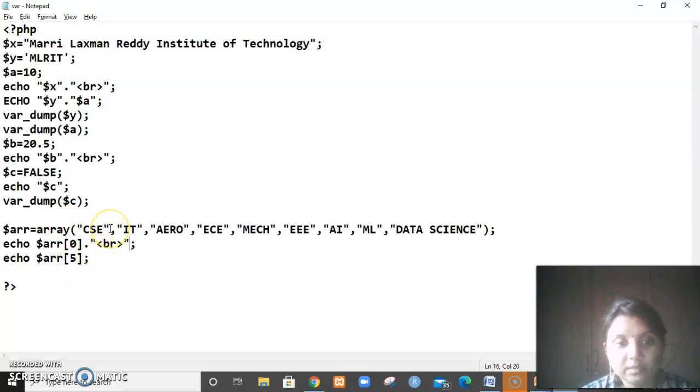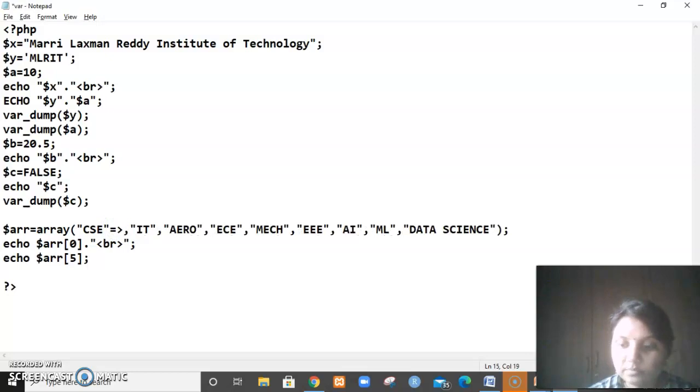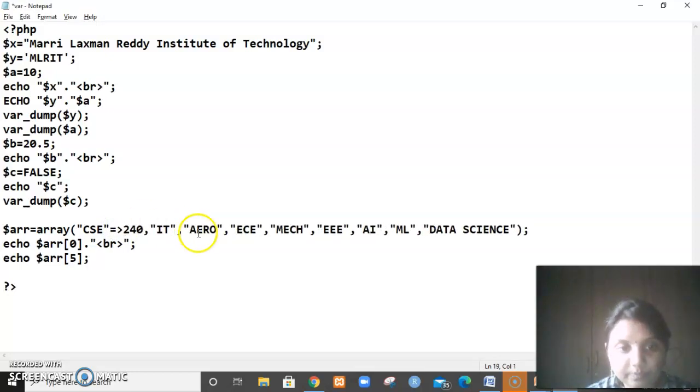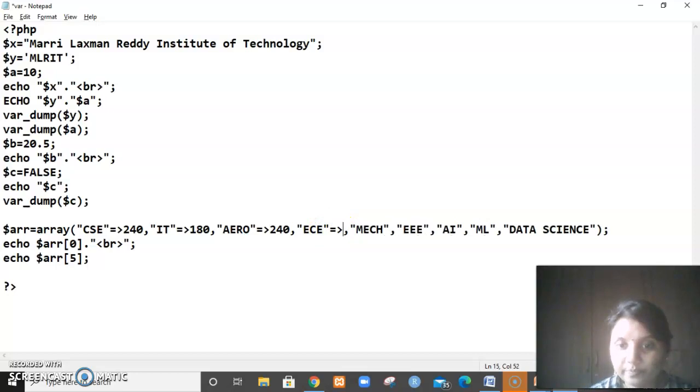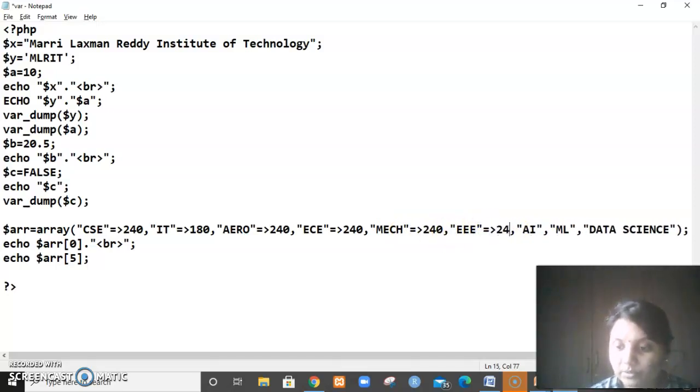And if I give here CSE 240 seats, IT 180 seats, Aero 240, something like this, ECE 240, Mech 240, EEE 240, and for AI, let me give 60.